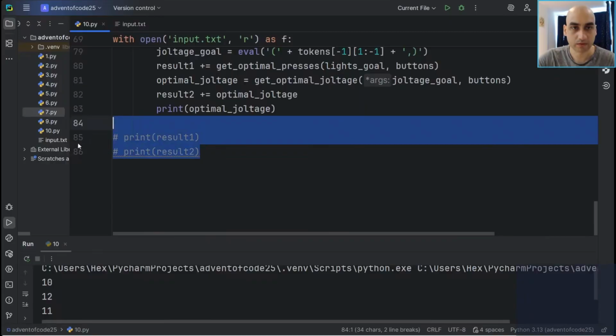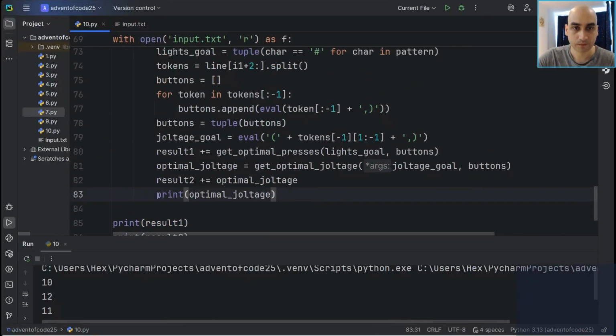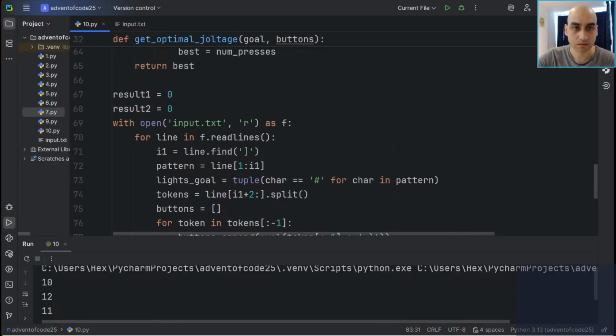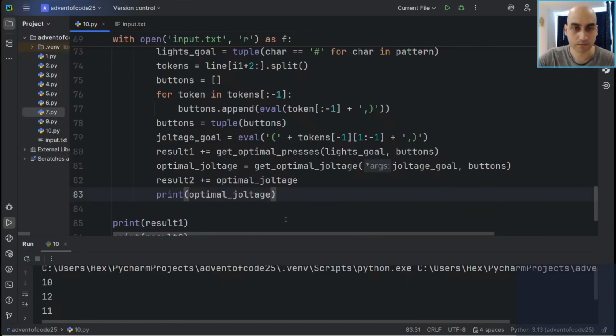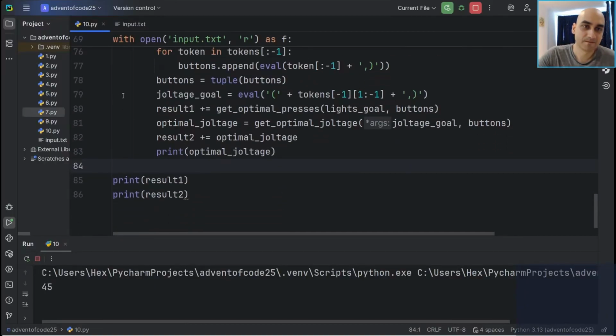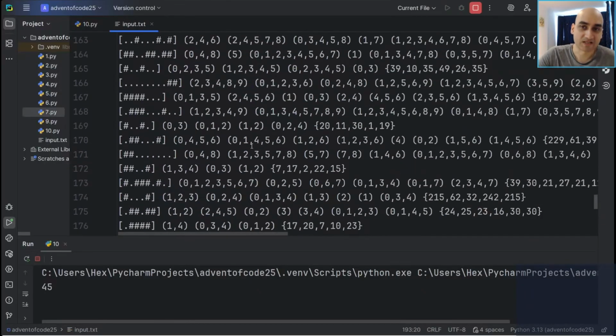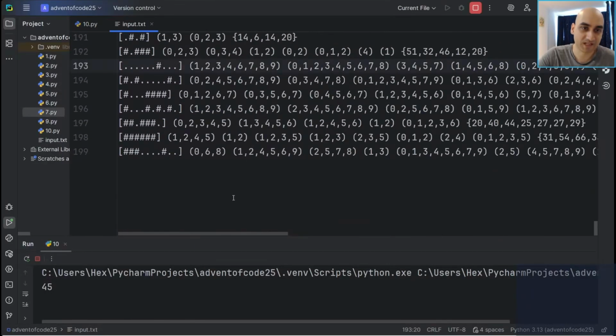So ultimately we want these two. This is probably going to take a while. Print 3. I have to start. 45. Oh man. I think it's correct now. I have to wait for 199